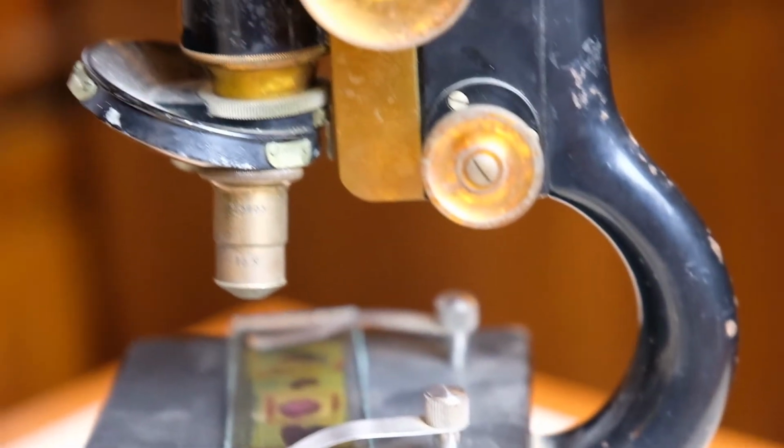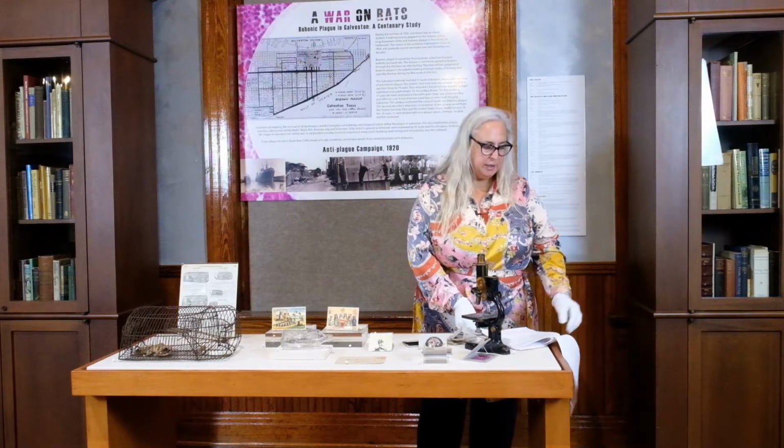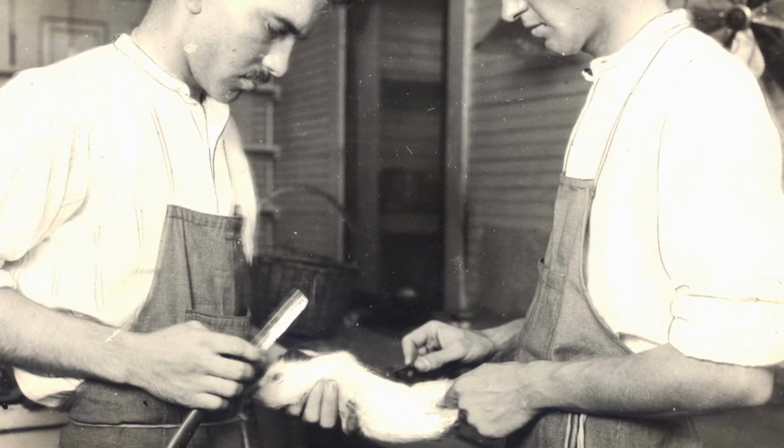The remaining juice was diluted with saline solution and injected into a guinea pig. So a day or so later, the injected guinea pig would develop swollen glands, thus confirming the clinical diagnosis of